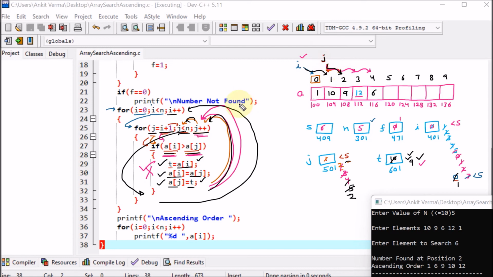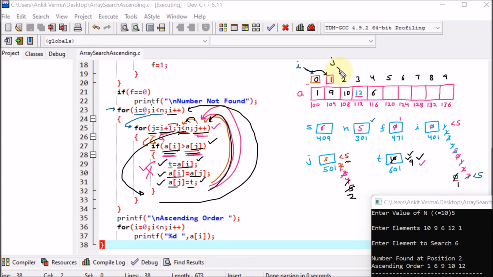Now again this thing is going to happen. Afterward these elements will be compared. That means 10 will be compared with the 9. Here 10 is larger, so swapping will be performed. So 9 will come here and 10 will be shifted. Just like the previous example where first of all the first position was fixed, now here the I is fixed. Afterward J keeps on incrementing.